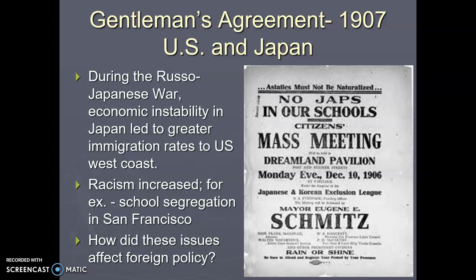And this, again, is known as the Gentleman's Agreement, and it affects Asian immigrants from not only Japan, but we will also see a great deal of discrimination. Where the school segregation issue reflects discrimination, we will see that trend continue. And this is important because later on, when we get to events like World War II and the topic of Japanese internment, we can ask the question in terms